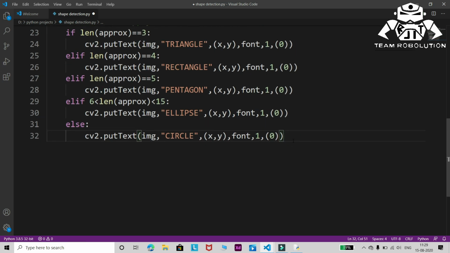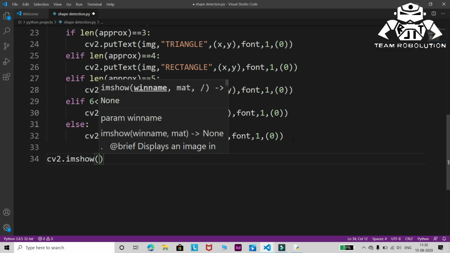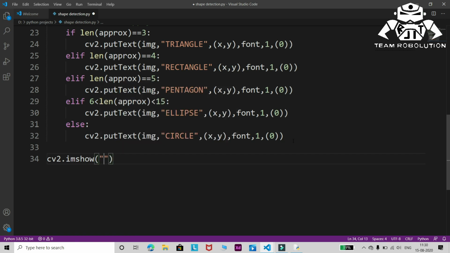So these are the main conditions needed to find the shapes. We have almost completed our code. Now we come out of the for loop, then we write the cv2.imshow function. This imshow function will display the output of the whole program that we have written. So let us write it fast.